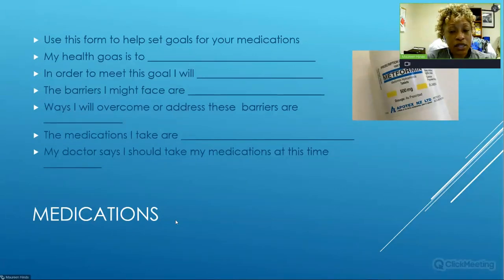And it could be a maintenance goal, meaning you're already doing it, but you just want to set this goal so that you can keep yourself accountable to stick to this action. Or maybe you're forgetting to take your medicine every so often. So your goal would be, I will set an alarm to remind me to take my medicine every day for the next month, something of that sort. So take a quick minute and just complete that.